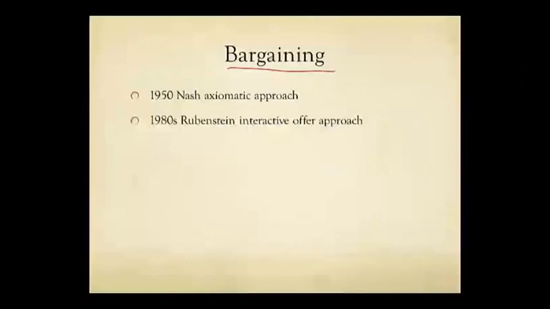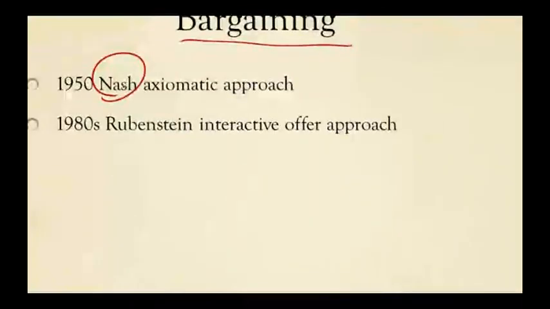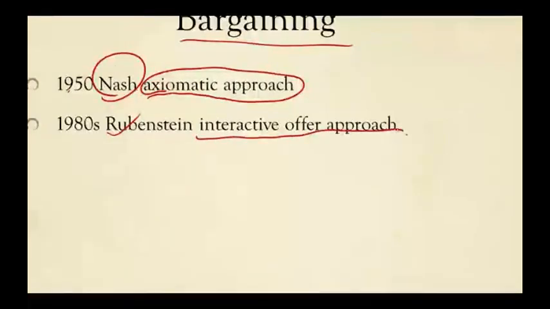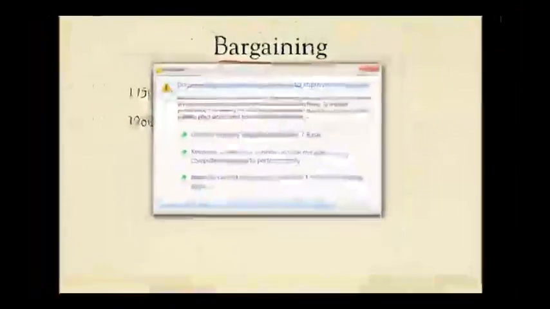This is a kind of model that was started by Nash as another part of his Princeton PhD dissertation, based on an axiomatic approach. We will not have time to cover this in this video. We will push that to the advanced material part of the lecture. We will spend a few minutes, however, just on a more intuitive, process-driven type of model developed in the 80s by Rubinstein for interactive offers. So what is this? Suppose you've got the following problem.